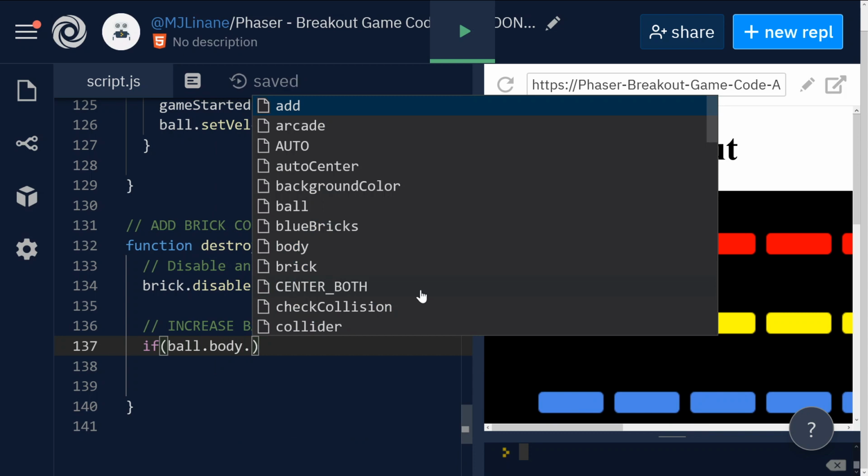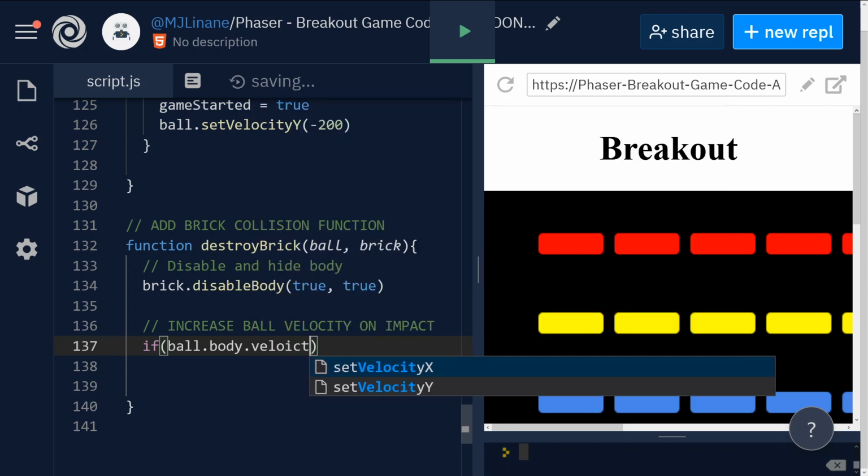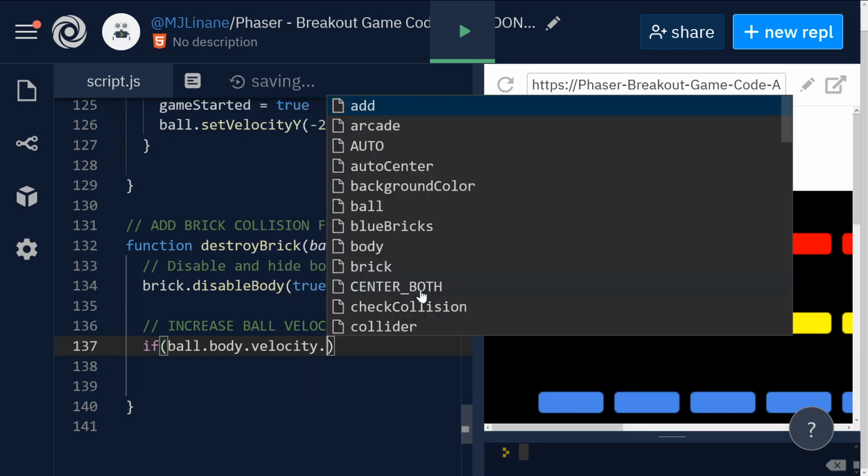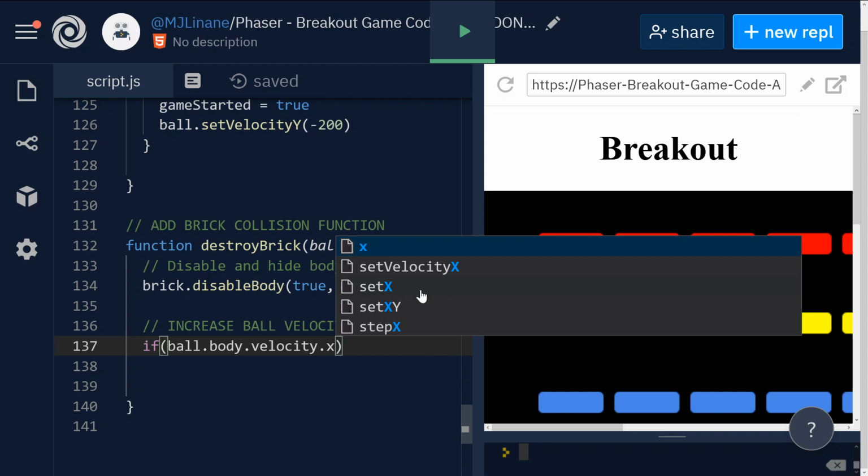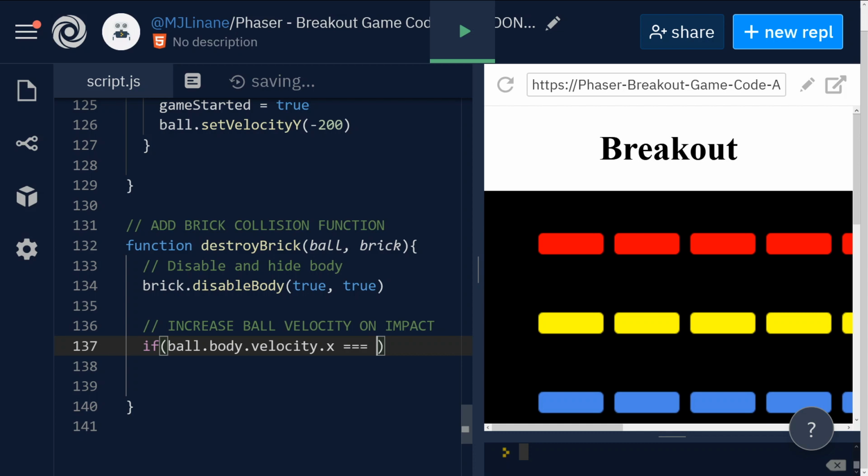So we get access to that by doing ball.body.velocity. And that has two properties, x and y. We could take a look. If the ball velocity of x, we do 3 equal signs and then 0. If it's equal to 0, basically if the ball has stopped moving,